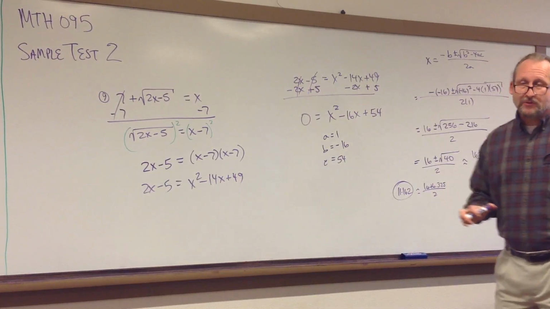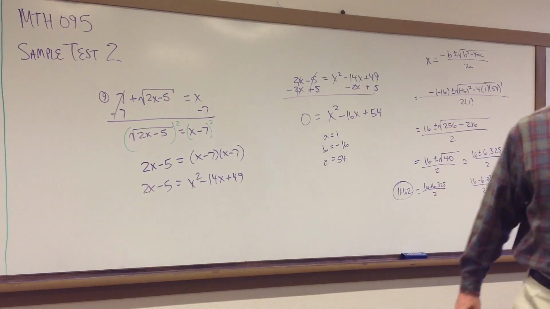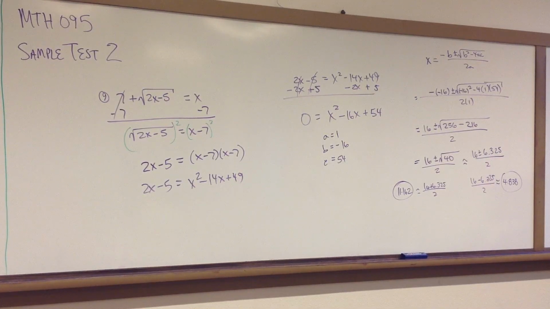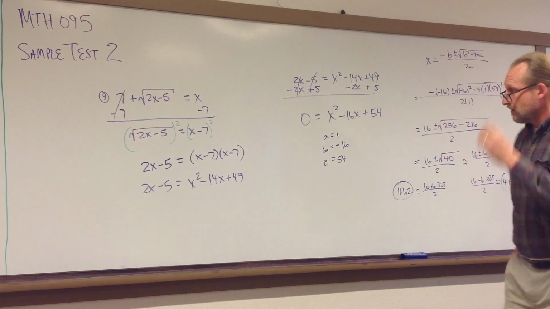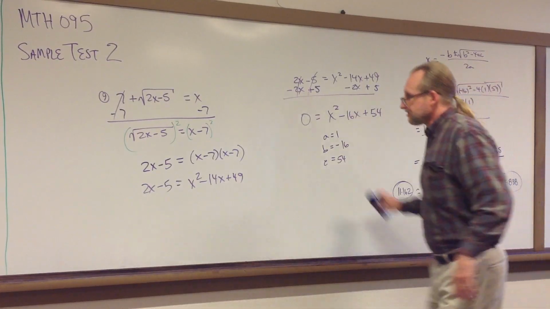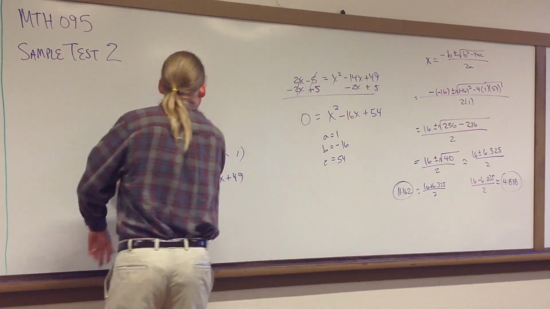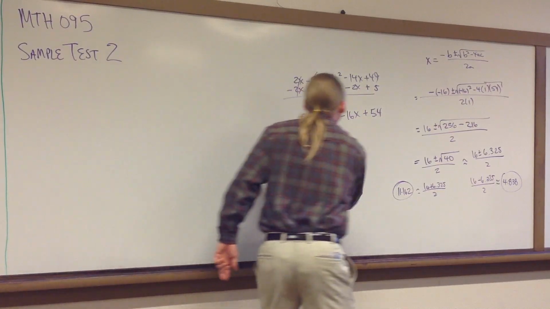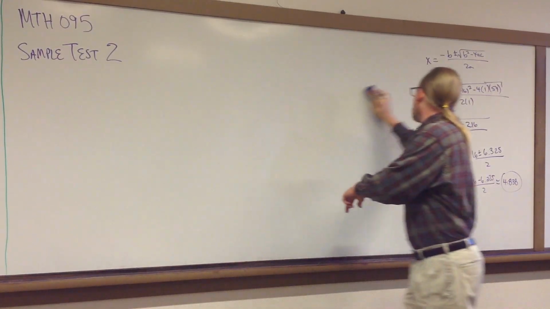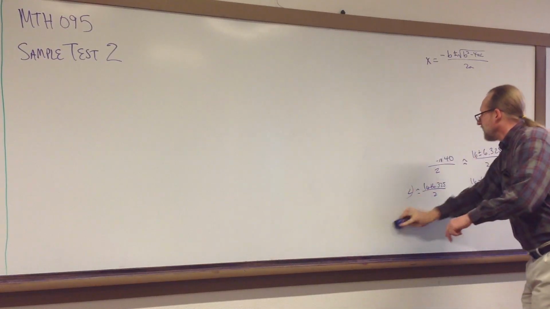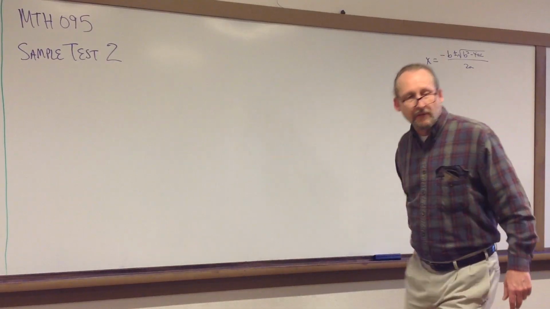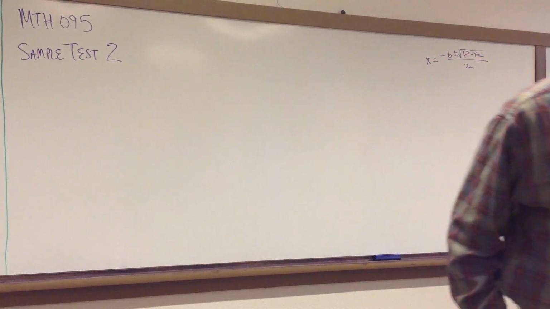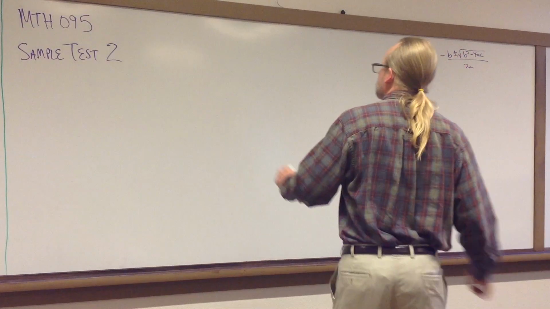You can see there's a fair amount of work there. That's why problem 9 and problem 11 have the most work. Problem 10 is really just doing the quadratic formula. So let's take a look at problem 10. I'll leave that quadratic formula up there. Problem 10, x squared minus 3x plus 5